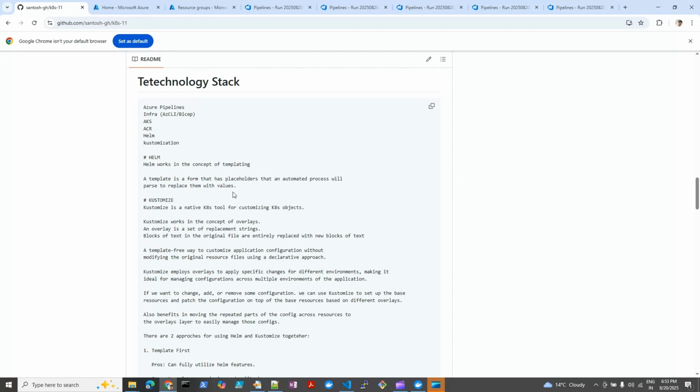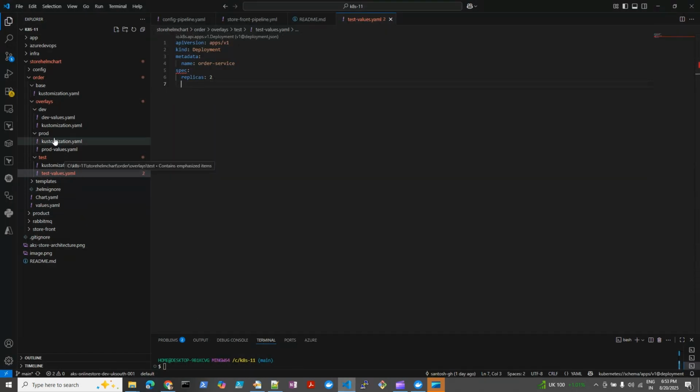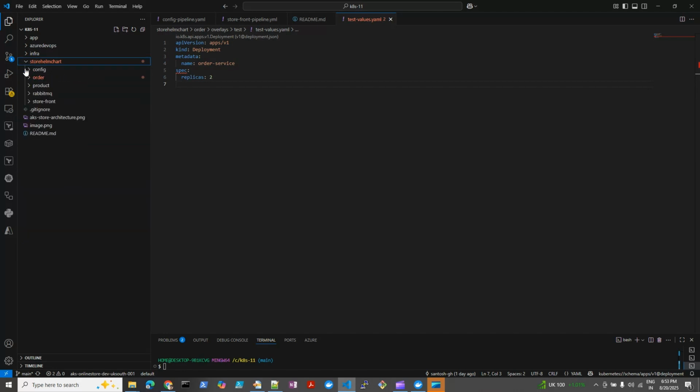So if you can see here, the Helm chart is basically a template. It's like a form where we can just replace a few of the items, and those items we can mention in our values. So from the values it takes the value and in the template it will replace. For example, if you go to one of our charts here, this is my